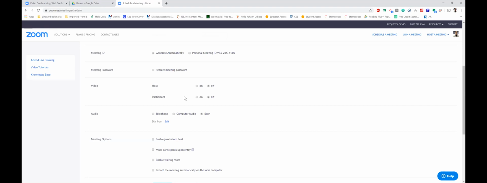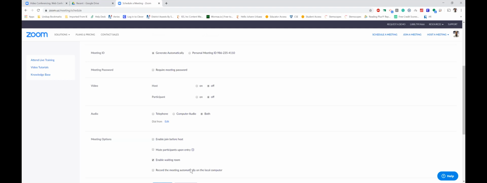And then you have a couple options here. The first thing you want to do is for the K1s, you want to enable a waiting room, which I found very helpful because if a learner goes in 5 minutes before the meeting starts, then all they're going to see is a blank page saying meeting will start soon. So that way you're not getting messages saying it's not working, I can't see you. So enable a waiting room.